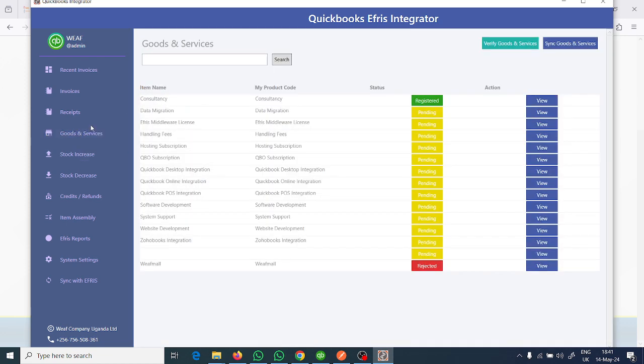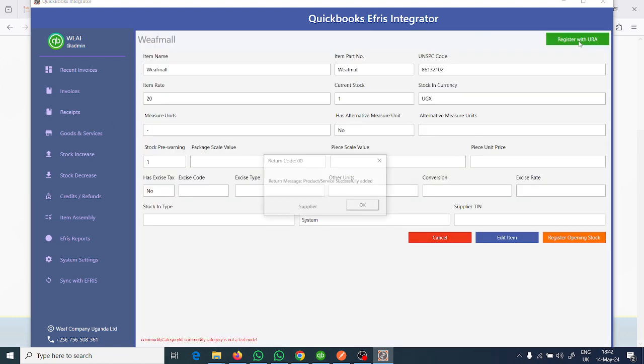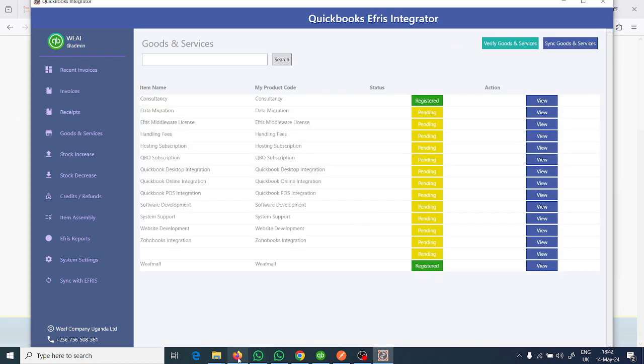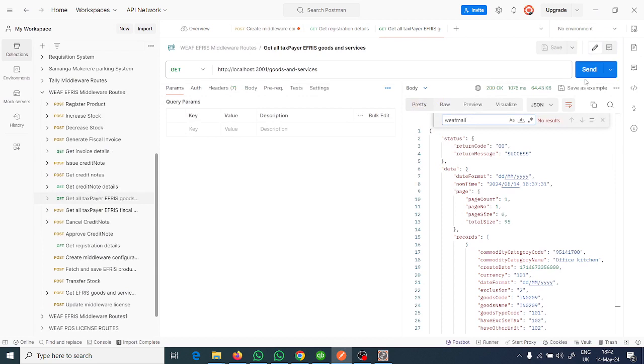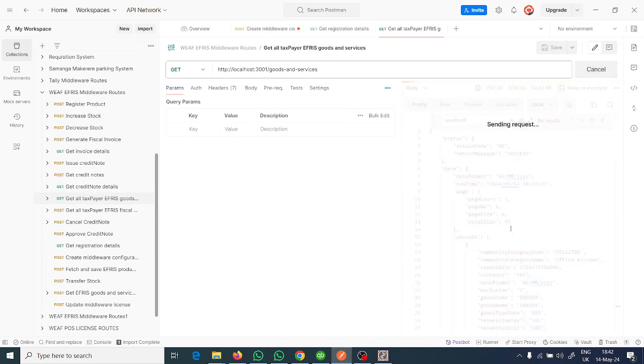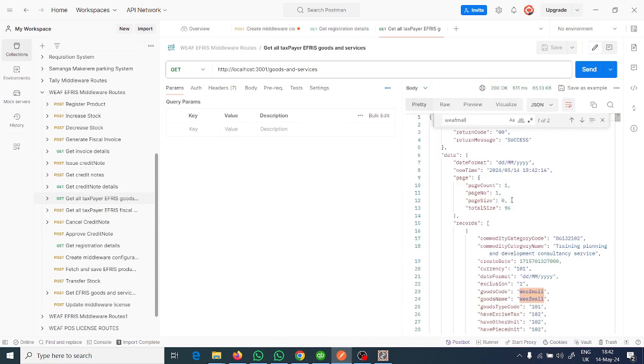You purchase the QuickBooks, you purchase the integrator, you now purchase the API, now the connection process and how it works. So you click on view and click on register. This has been submitted to URA. So on URA, if we come to Postman again and click on send, this time around we should get 96 items